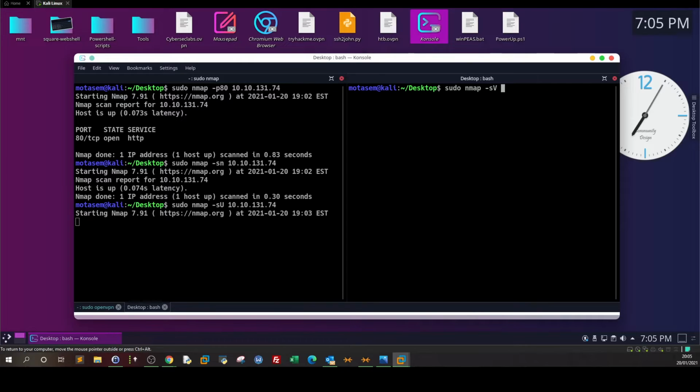And I want to enable aggressive scan so I can enable host scripting results, OS scan, all of the details I want. For an aggressive scan, I would type the switch -A. And if you want to enable OS detection, you would type -O. To enable the Nmap scripting engine, you would type